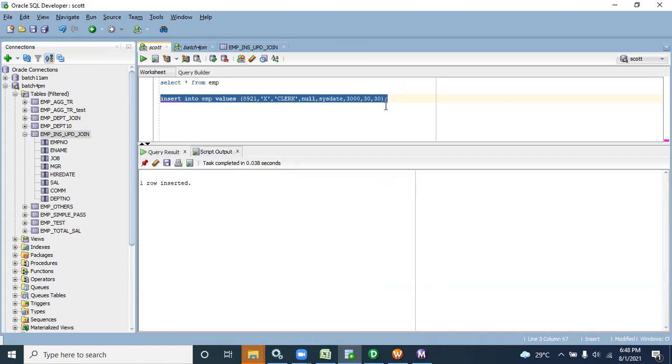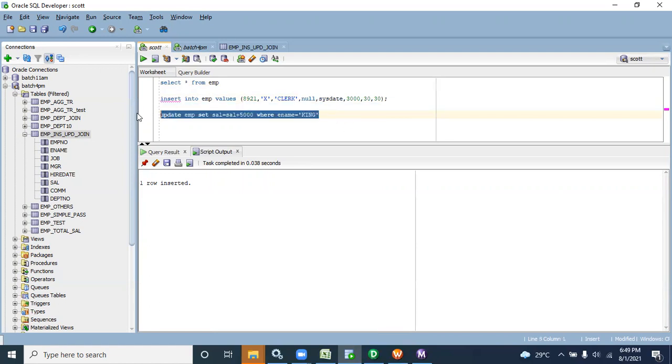Now one record is inserted. Let me also update one record: update EMP set sal equal to sal plus 5,000 where ename equals King. I'm updating the King record because we have 15,000.